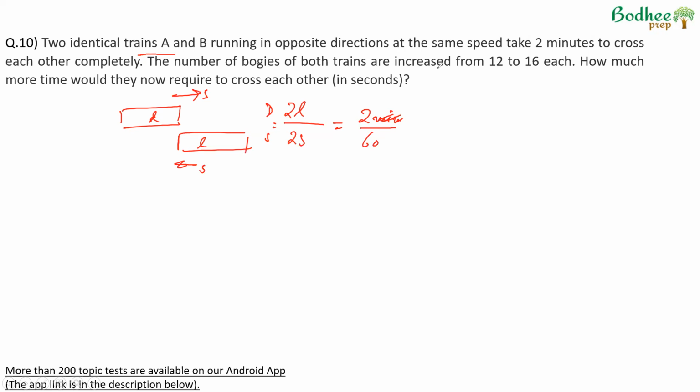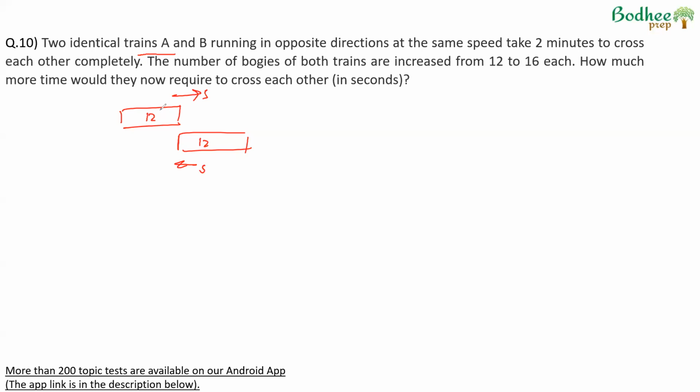The number of bogies of both trains are increased from 12 to 16 each. How much more time would be required to cross the trains? So instead of L, what we can do is suppose every bogie is 1 meter long. Initially, the length of the trains was 12 meters and 12 meters. And therefore, we can say that